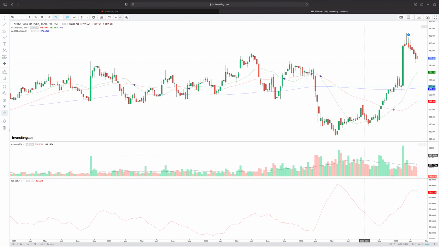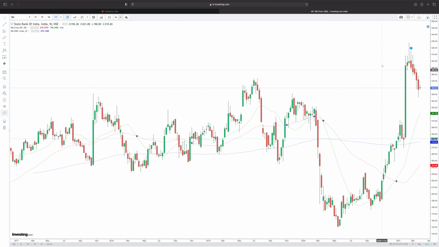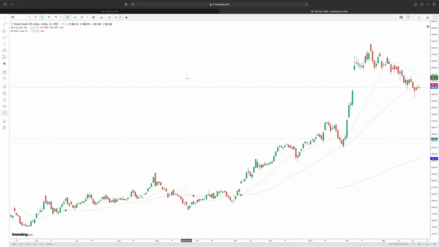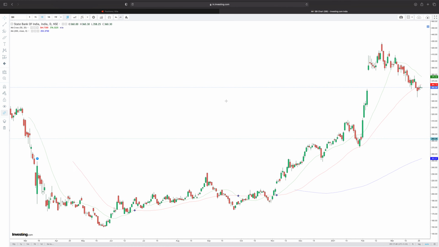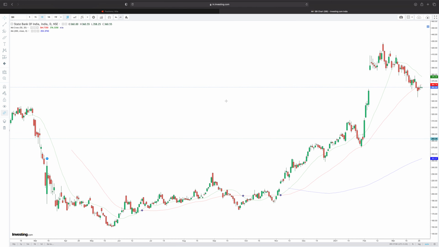In the ADX we are seeing a value of 39, which indicates that there is significant momentum going into this particular stock. So the price creating a new high with an upward sloping SMA that has not created a new all-time high has given a ranging bias to this stock, with the underlying momentum being long. It implies that we are unclear of the trend on SBI, but once we come to the daily time frame, we evaluate if at all there is a possibility to short this particular stock.